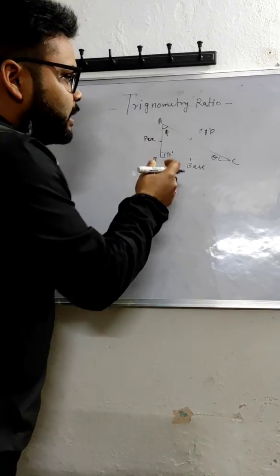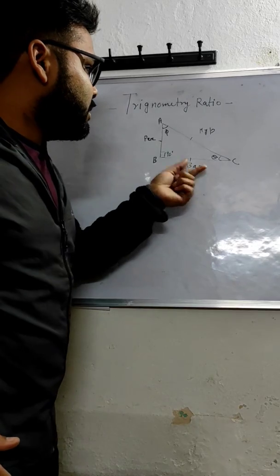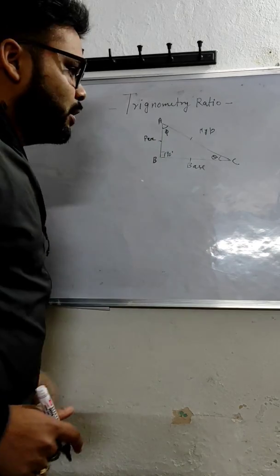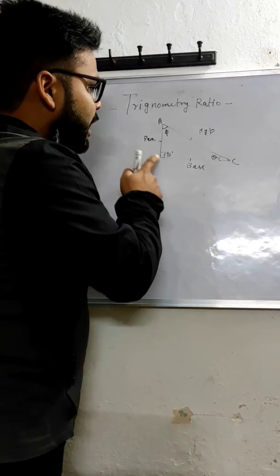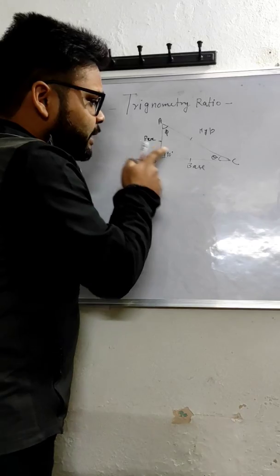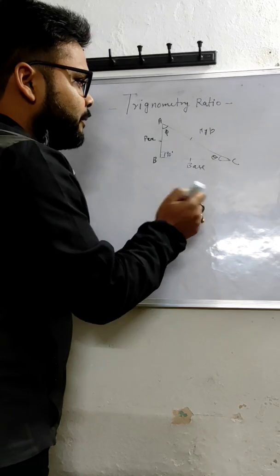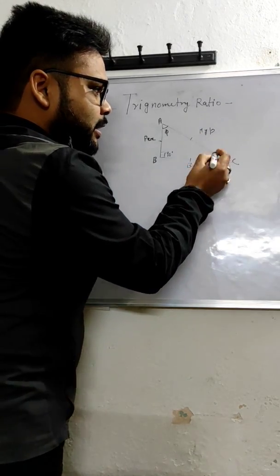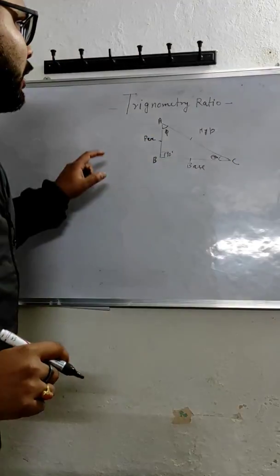This is the triangle, and these are its three sides: this is the base, this is the hypotenuse and this is the perpendicular. Always remember, if we take theta as the angle, then this will be the base and this will be the perpendicular. But if we take phi as the angle, the base and perpendicular swap, but the hypotenuse in both circumstances will be the same. The side in front of the 90 degree angle is the hypotenuse, and when we take theta as the angle, the front side is the perpendicular.